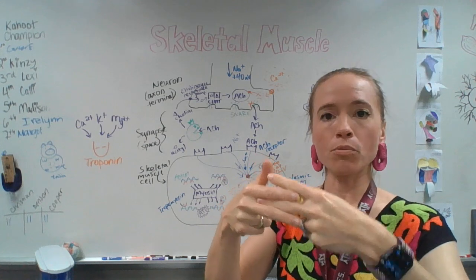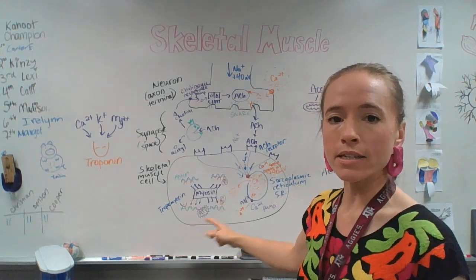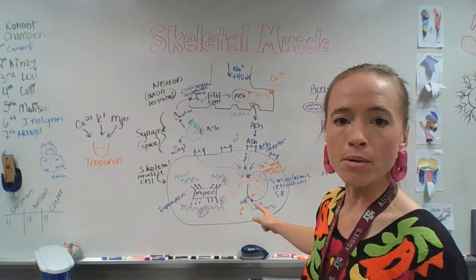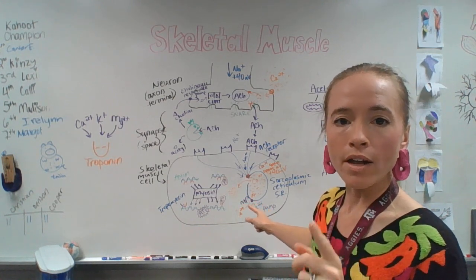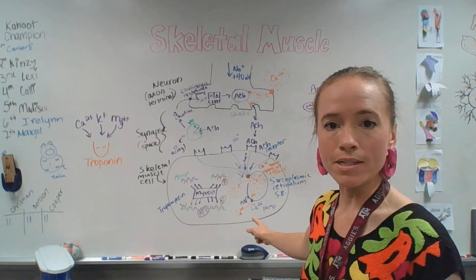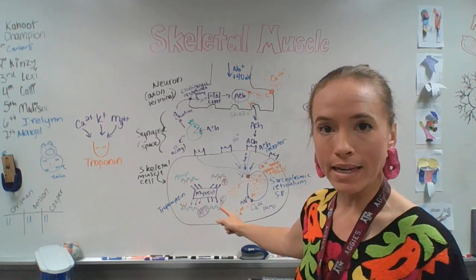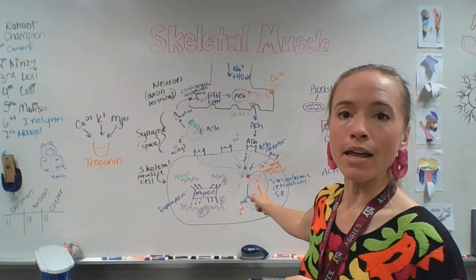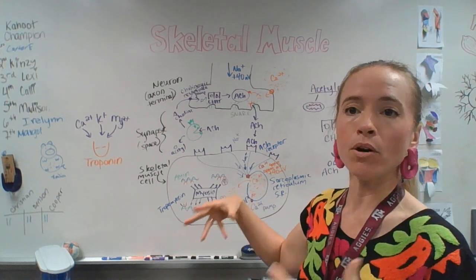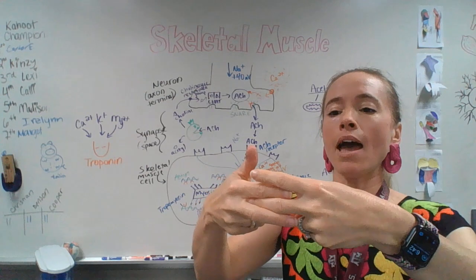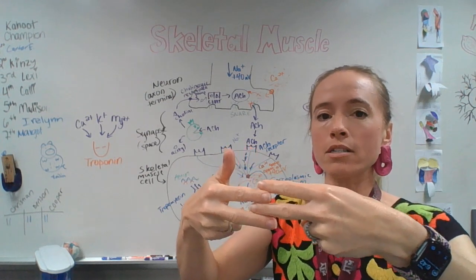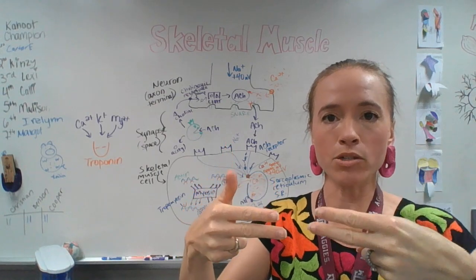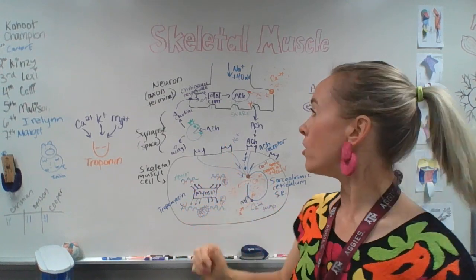In order for the muscle to relax, the calcium pump on the sarcoplasmic reticulum uses a whole lot of ATP to pump that calcium where it doesn't want to go back into the sarcoplasmic reticulum. And when the calcium leaves the troponin, the actin and myosin are going to slide back to their starting positions in a relaxed muscle state. Also, don't forget,